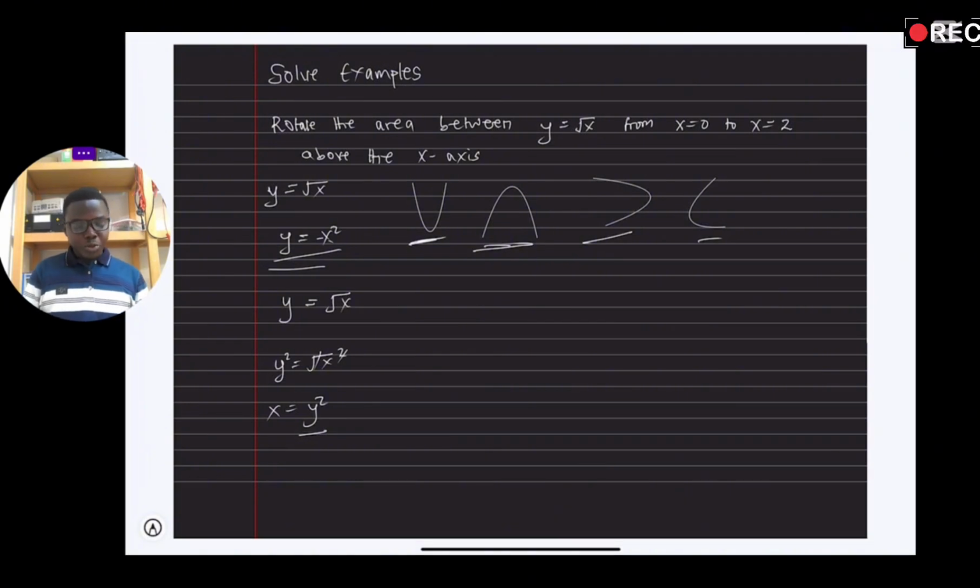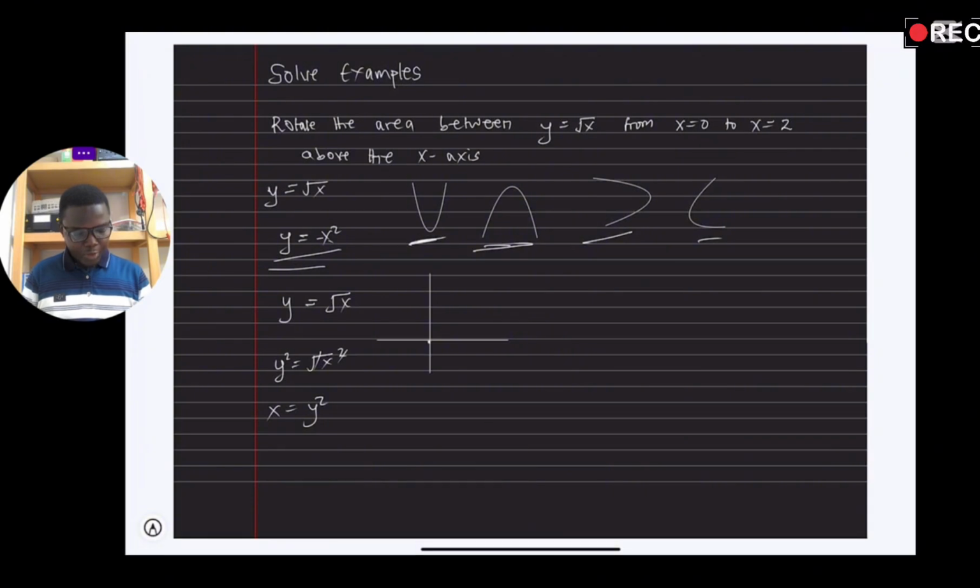But you have to also take note that we are only considering the positive side of it. So in such case, what we are going to do is that we have our graph here, and then we have, let's say, our graph here. Yes. So having this graph here, what we can do next is that we know that the turning point is at the point 0,